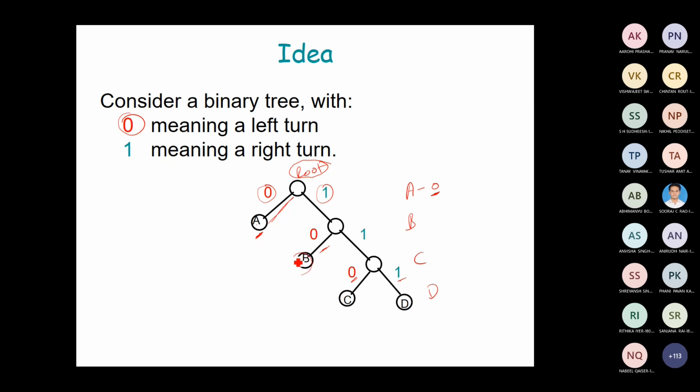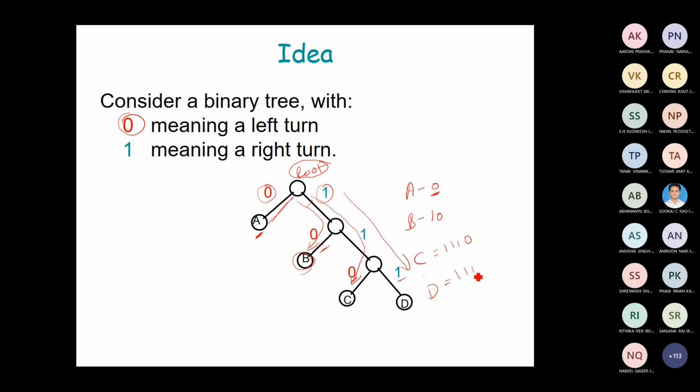Then I have a B here. So you have to traverse from the root node along this path. When you visit along this path, you come across two edges. The first edge's value is nothing but 1. The second one is nothing but 0. This is the code for B. Similarly, for C, you make use of this path, 1 1 0. Then similarly for D, this becomes 1 1 1.